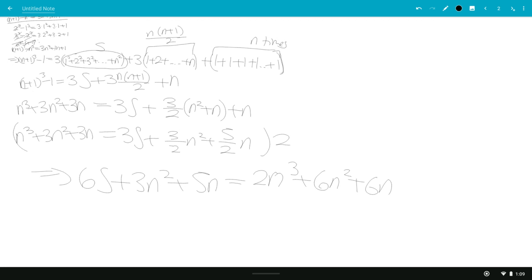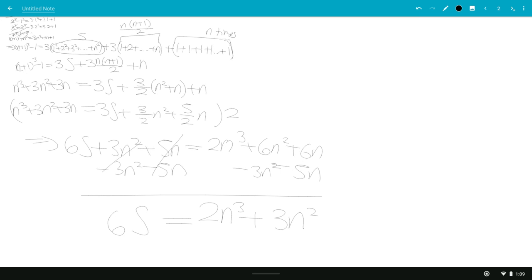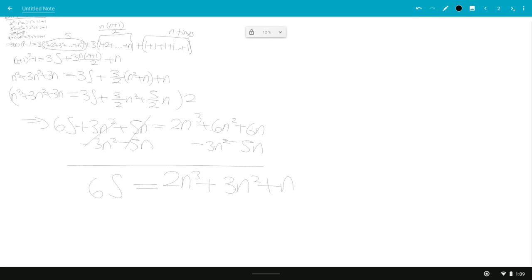You can subtract 5n from both sides and minus 3n^2 from both sides. You'll get 6S equals 2n^3, 6n^2 minus 3n^2 is 3n^2, 6n minus 5n is just n, and you get S equal to (2n^3 + 3n^2 + n)/6. So we get that 1^2 + 2^2 + 3^2 + ... + n^2, which is S,